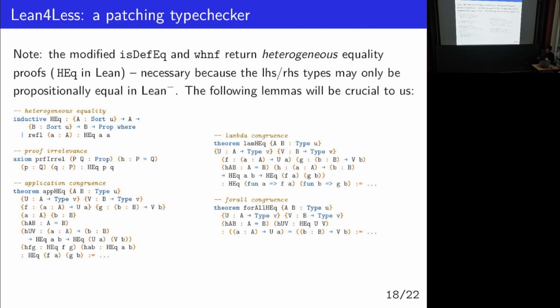Yes? One of the reasons why heterogeneous equality has been such a difficult tool to use in Lean has been exactly because this application congruence rule doesn't hold the way we want it to, and because of that you can't just pretend that heterogeneous equality is all you have and work in some kind of untyped set theory situation. So exactly how is it that you managed to circumvent this issue and get something that worked? Yeah, so I did prove this lemma.